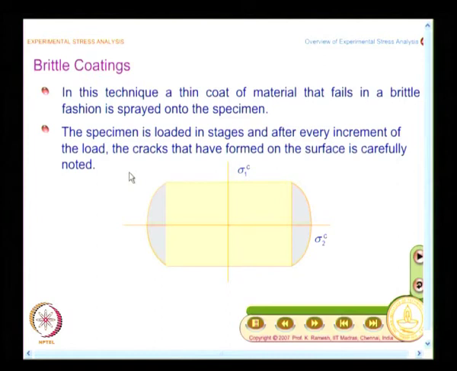And even the experiment is conducted in a slightly different fashion here. See, in other cases what you do is, I want to find out strain for a given load, I will go and apply that load and find out what are the contours that I got and try to interpret. On the other hand, brittle coating is done in a different fashion. What you do is, you take the model, you load it in steps, and at the end of each step I have to go and look at where all cracks have formed, go and carefully inspect it, mark them, they all carry meaning.